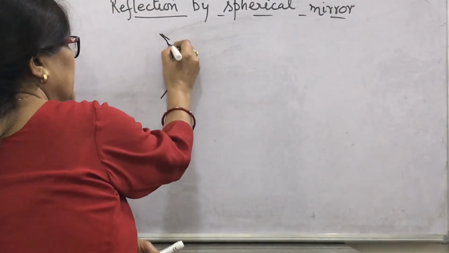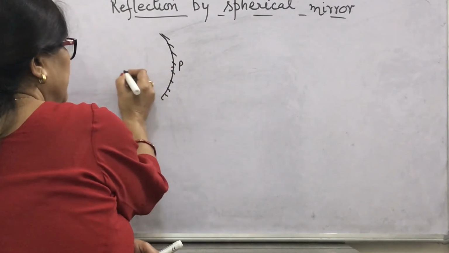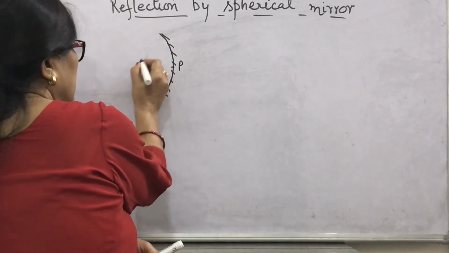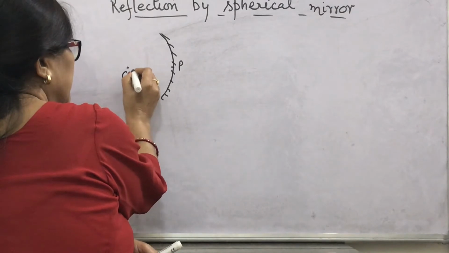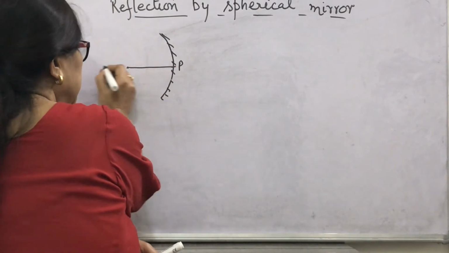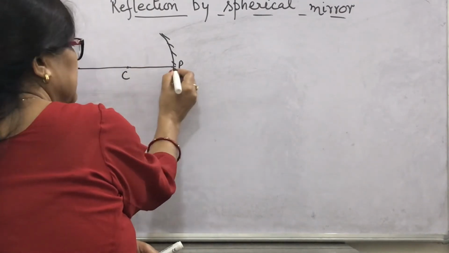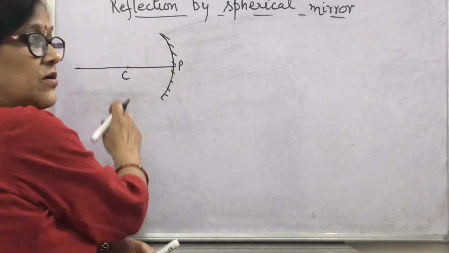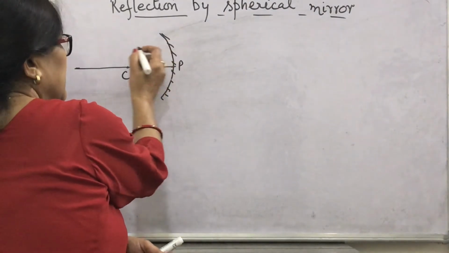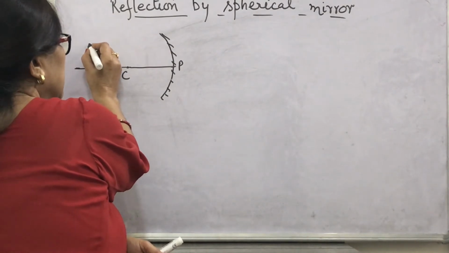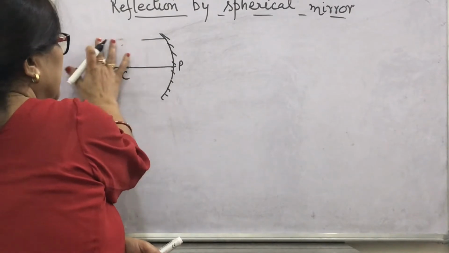If this is the concave mirror, then we have seen what is this point called? Pole. And the mirror is part of a sphere whose center is called center of curvature. So a line passing through point P and C, what is this line called? Principal axis. First rule, whenever a ray is incident at the mirror